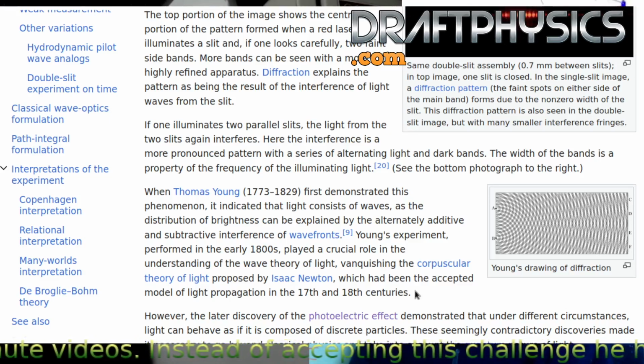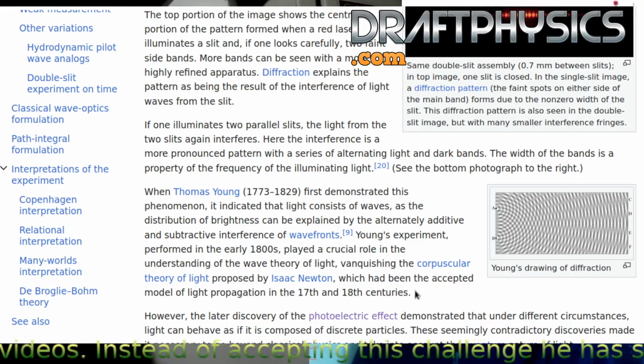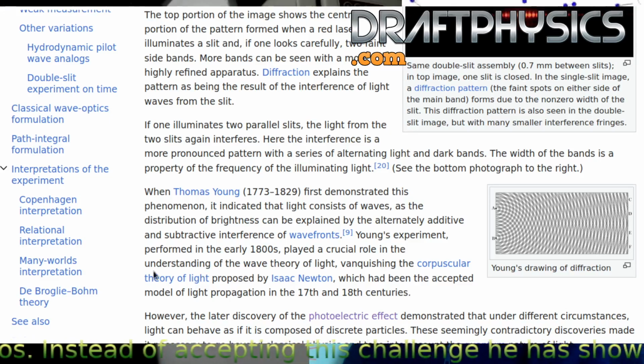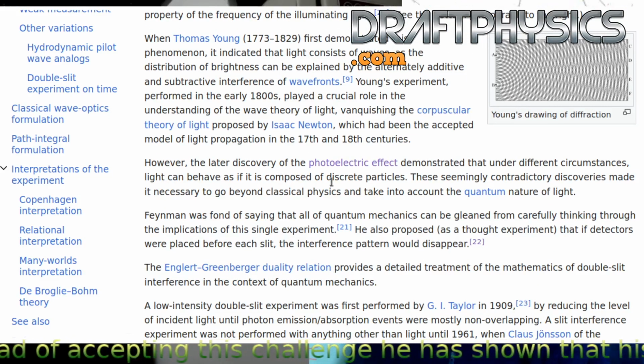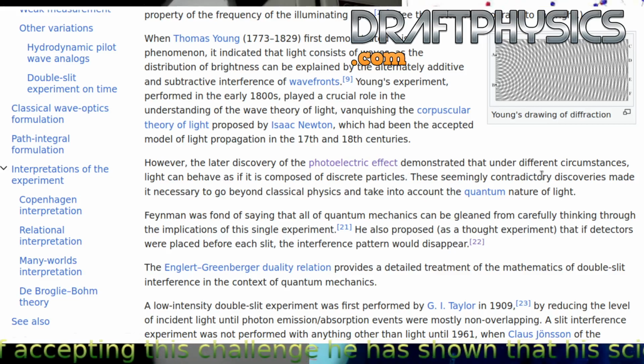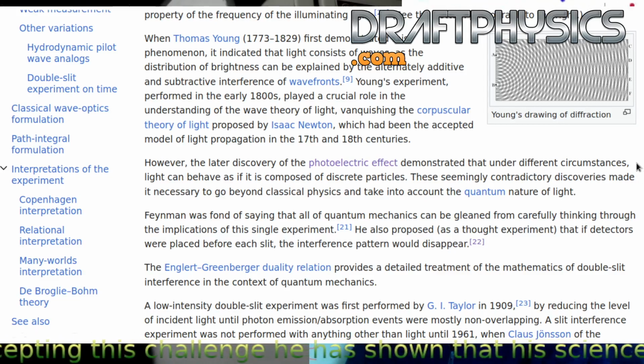It doesn't look like waves. It doesn't act like waves. All right, continuing. However, the later discovery of the photoelectric effect demonstrated that under different circumstances,